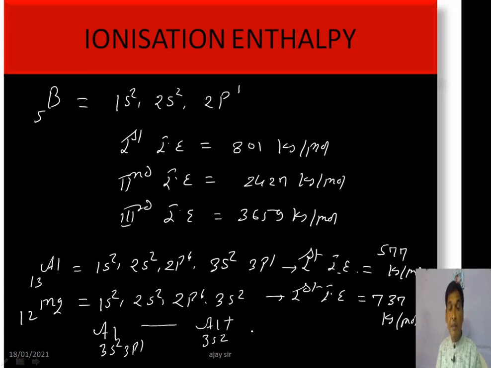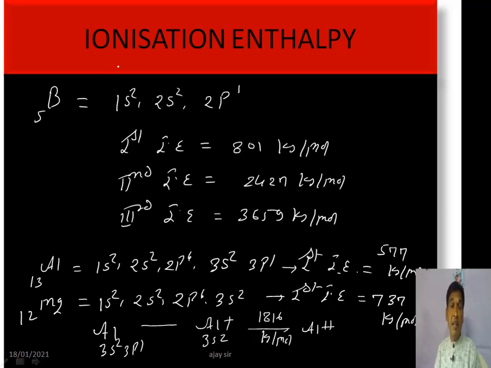Then if an electron is ejected from the aluminium monovalent ion to form aluminium divalent, the required energy, the second ionization enthalpy of aluminium, is 1816 kilojoule per mole. It is more than that required for the one electron ejection from magnesium, because